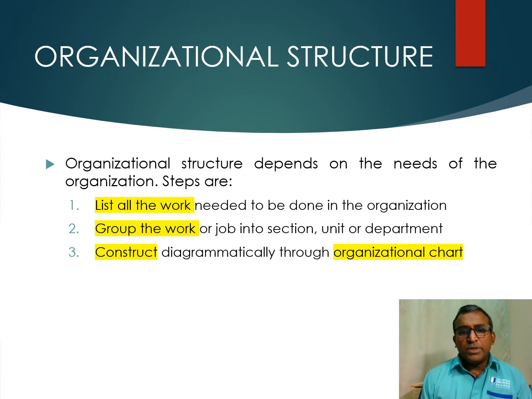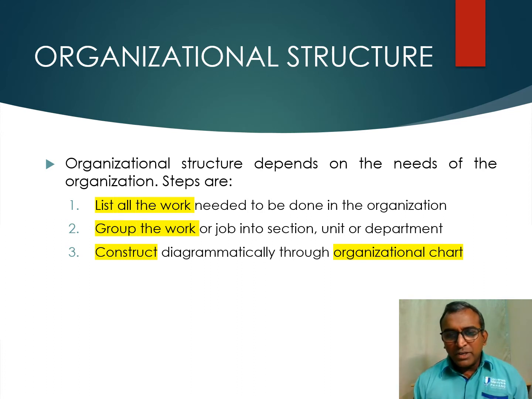The first step is list all the work, but make sure you don't go and hire all the people yet, because this is planning. Maybe you can just put the designation first, maybe one accounts manager, marketing manager, operational manager,